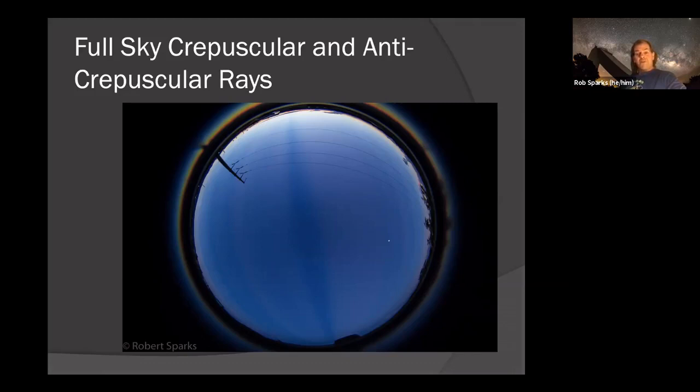And this one, I was out one night watching sunset, and I saw these spectacular rays. Crepuscular rays can literally go all the way across the sky and converge at the anti-solar point. And I was seeing these with naked eye vision thinking, wow, this is spectacular. I wish I had a fisheye lens with me. And I suddenly realized, wait a second, I think the fisheye lens is in my bag.